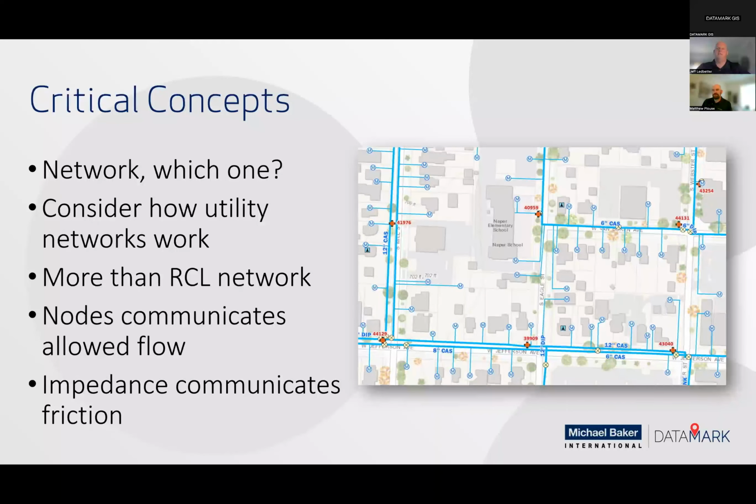If you were to just type routable network into Google, you'd get a bunch of answers back about different types of networks, including computer networks, IP networks that are routable. That's how the internet works. You get some entries about utility networks like water and electric networks. If you get through enough pages of answers, you might get into how networks relate to road center lines for routing. So it's a broad term that could apply to a lot of different things, but obviously we're talking about how a routing engine might be used in a CAD dispatch system to give routing recommendations to first responders in this case. You do want to think about how a utility network works when you think about a routable